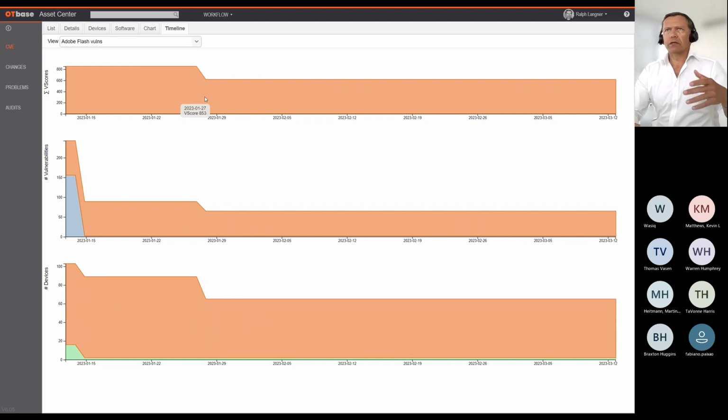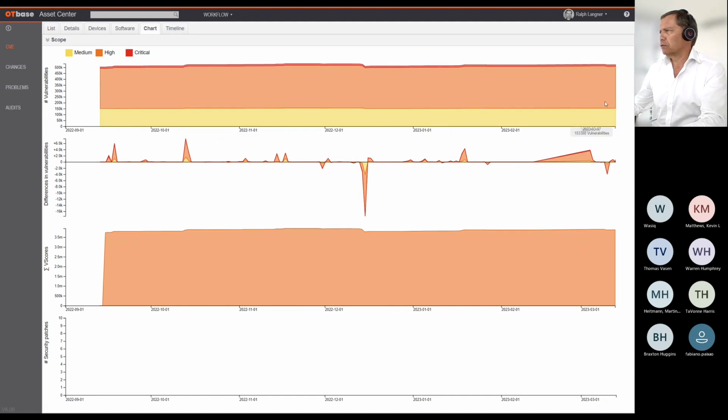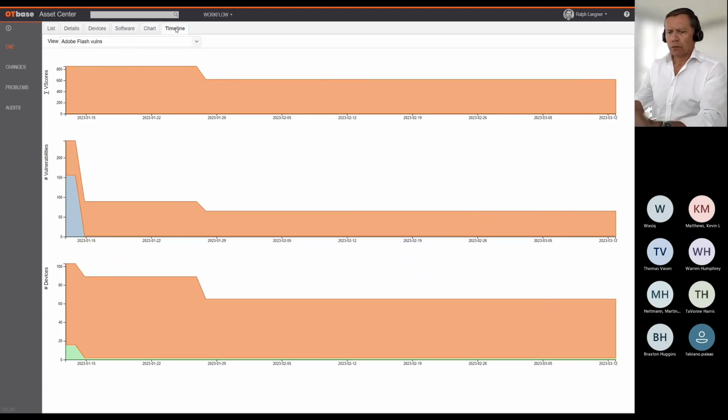So treating a nuisance vulnerability in the same manner as a highly critical vulnerability doesn't make a lot of sense. And so just to give you some extra context, we also exposed this parameter up here, the summarized accumulated V-scores, that would then also allow you to get an idea, if you compare that to the overall chart, well, did I really make a difference? So this is the global V-scores down here. Did I really make a difference for the big picture with my mitigation efforts? Okay,